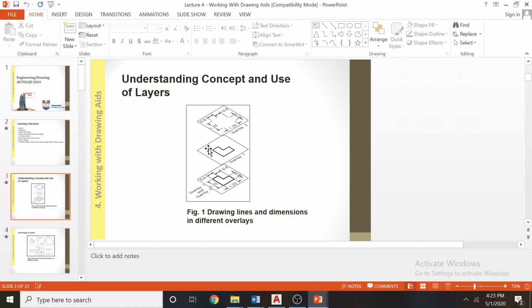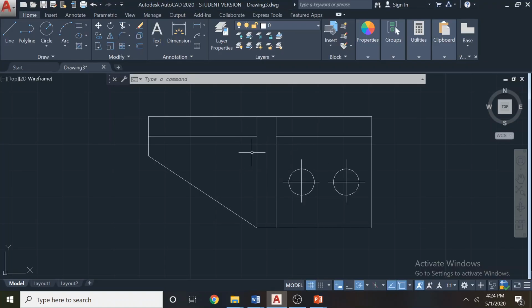So this helps the reader to understand the drawing clearly. And if there are a lot of people working on the same drawing, you can divide the areas among people, among draftsmen, so they can work on different layers and combine the output and get the printouts even. So we look at how to create the layers for the drawing. Now this is a simple drawing. You can have center lines, normal lines, continuous lines, and you can have dimensions, as well as text.